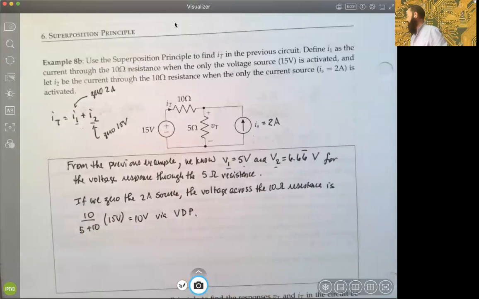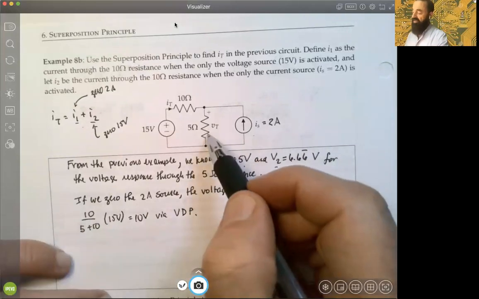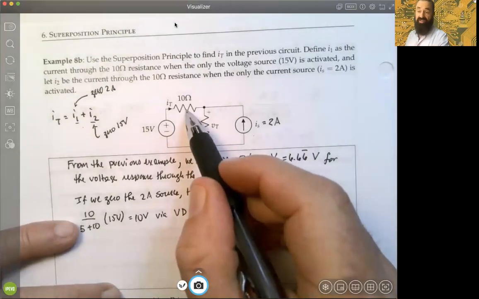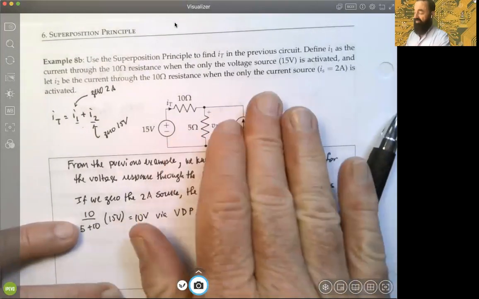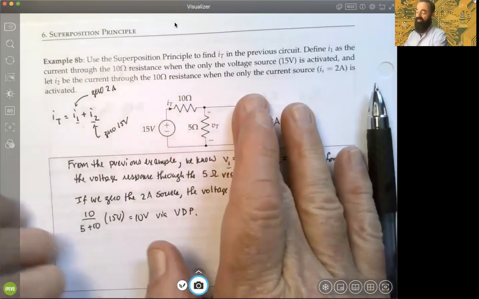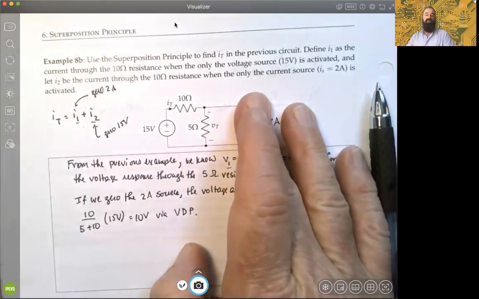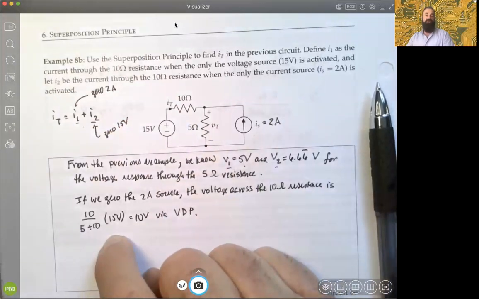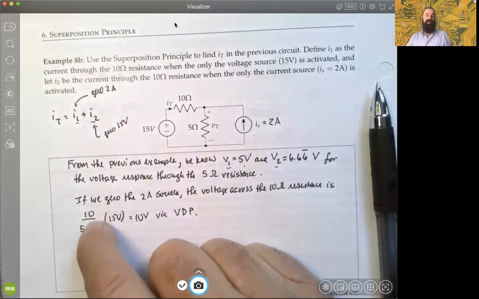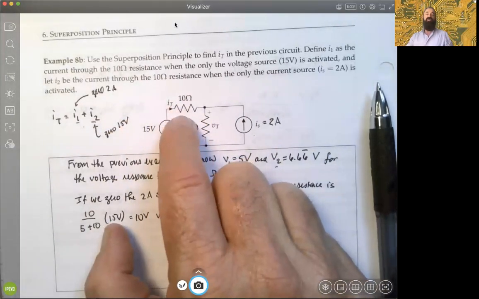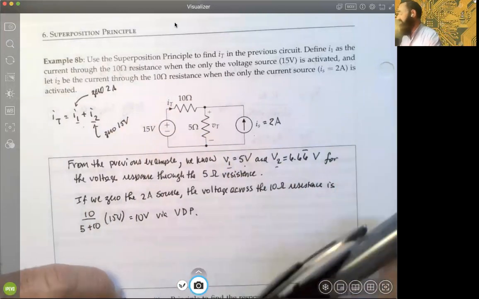Again, we looked at that earlier, but with the previous problem, we were using VDP to get the voltage across the other resistance. Now I only care about the 10 ohm resistance. So if we zero this out, I'm just saving us a drawing here, we'll use VDP and get the voltage across the 10 ohm resistance, you see. So that's why this is a different fraction. Before it was 5 over 5 plus 10. Now it's 10 over it because I'm only interested in the voltage across that one this time, right? So therefore,